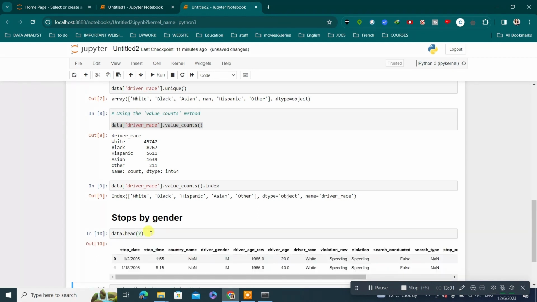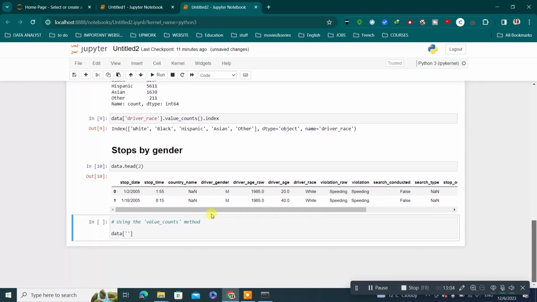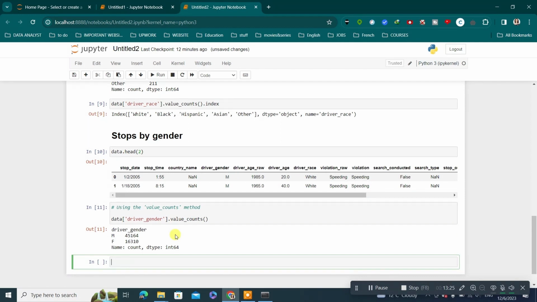This is the syntax: data.driver_gender, since we are interested in seeing the difference between the female and the male, and then we just add value_counts. From the results, we can see that in our data set we have 45,164 men and